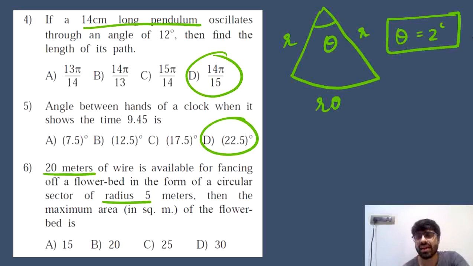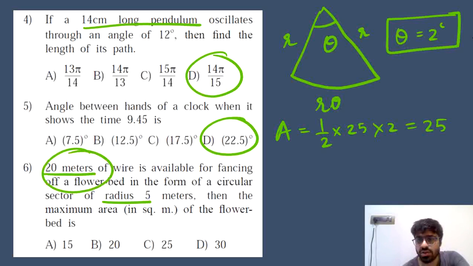They are asking us the maximum area. Now they are saying maximum area because you need to use the entire 20 meters. Okay, if you use a little lesser, you can definitely get a smaller area. But because you have to use the entire 20 meters, they have said maximum area. Theta is 2. So the maximum area would be half into R square theta. R being 5, R square would be 25. And theta is 2. So the area that you have is 25. And yes, this was in meters. So this area will be 25 meters square, C being the right answer.